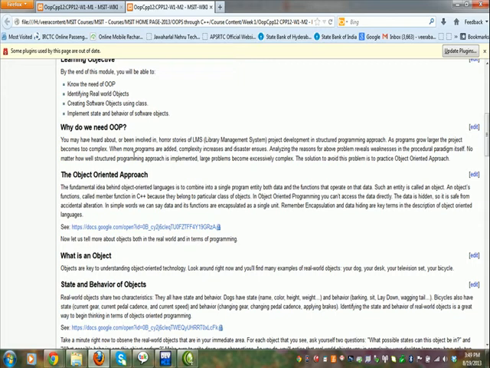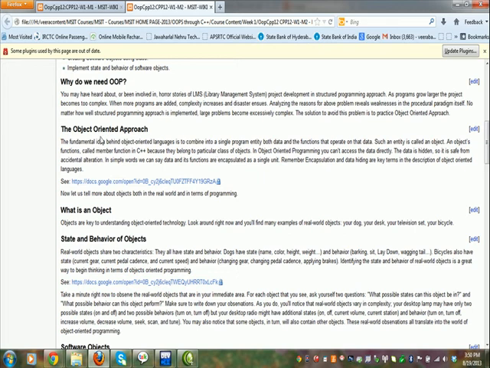In this perspective, we need an effective mechanism which is supported by a language. So in this case, we will go for object-oriented programming, because it is very flexible. The main idea behind the object-oriented approach is to combine into a single program entity both the data and the functions that operate on the data. You do remember that an object is a real world entity which has some state and behavior.